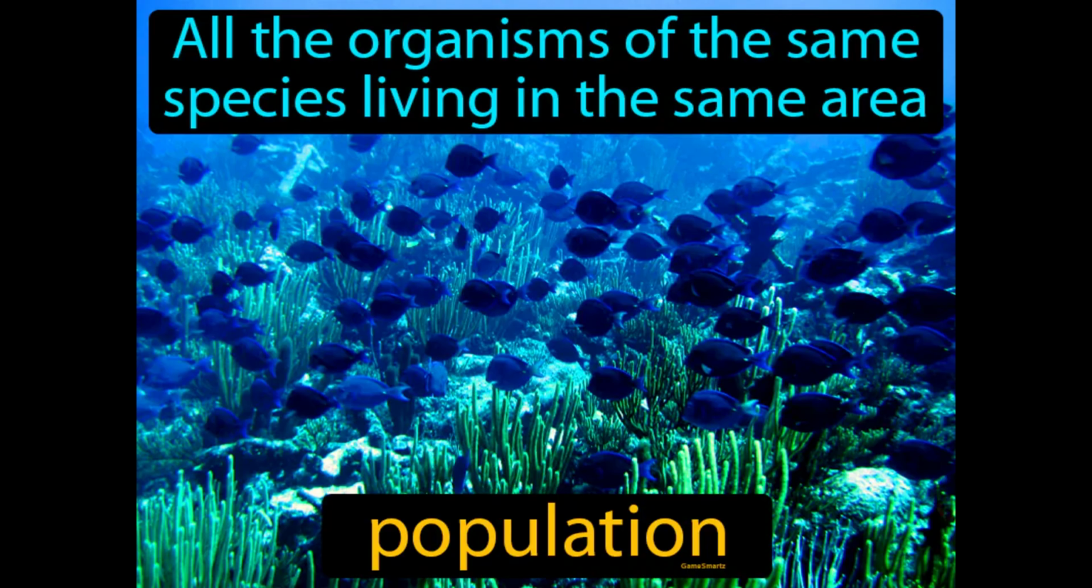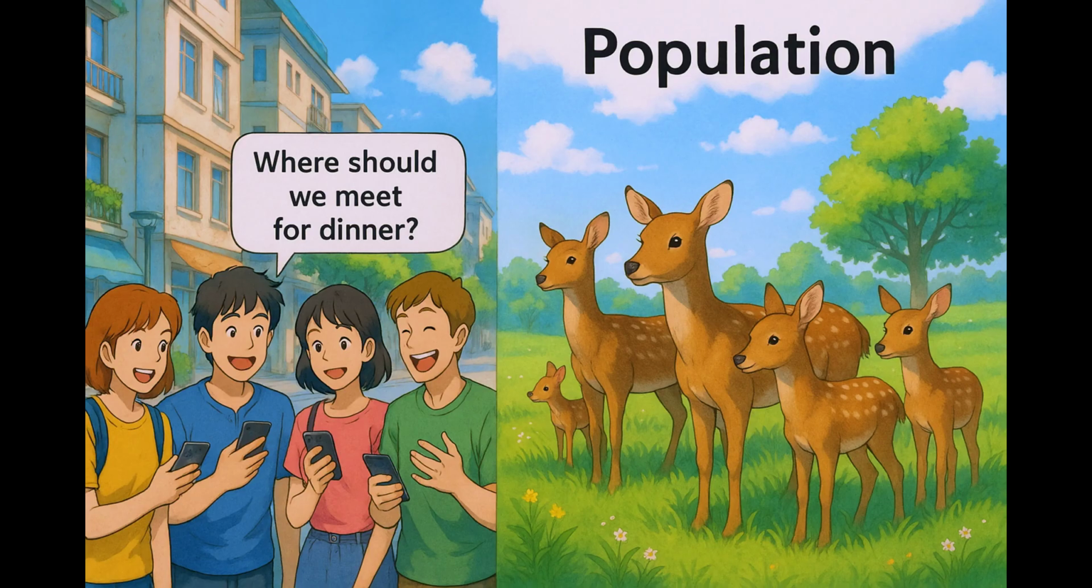All the organisms of the same species living in the same area. Population. In science, a population is a group of the same species living together in one place. Imagine trying to manage a group chat where all your friends are discussing where to meet up for dinner. Just like how you need to coordinate with everyone in the chat to ensure everyone ends up at the same